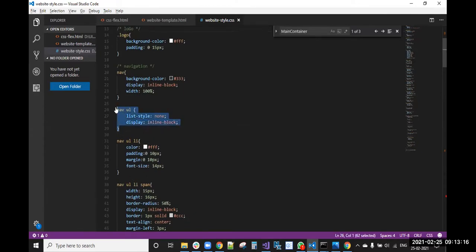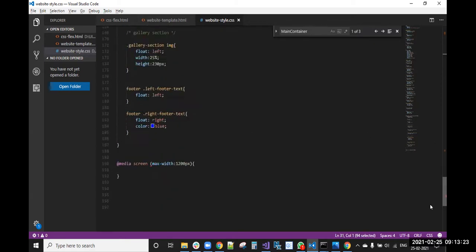So this nav ul is there, right? For this nav ul li, we will apply some padding.